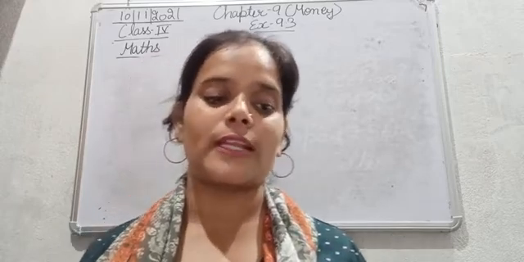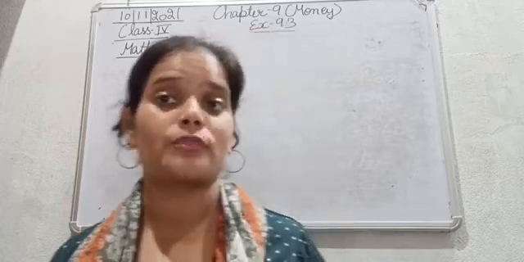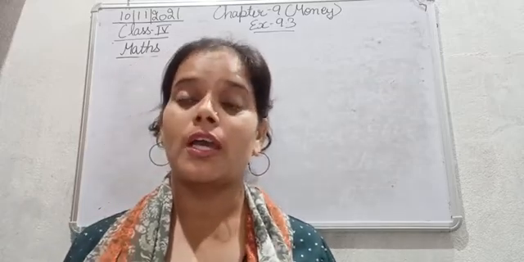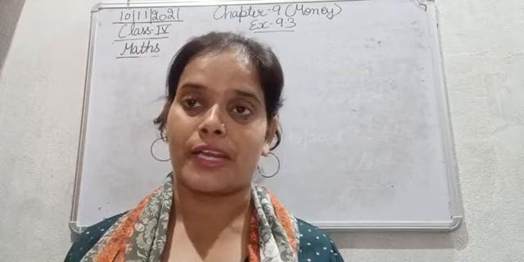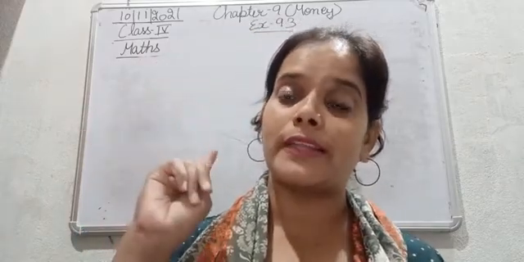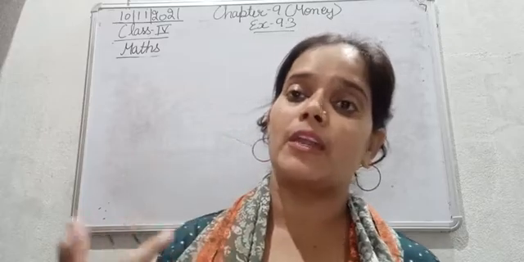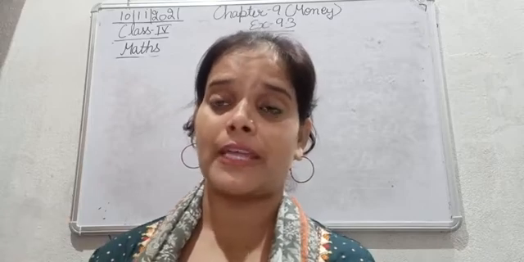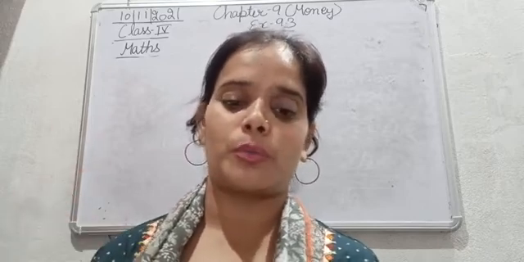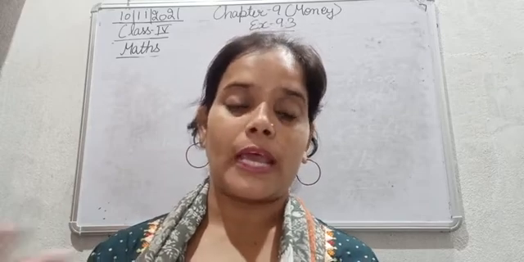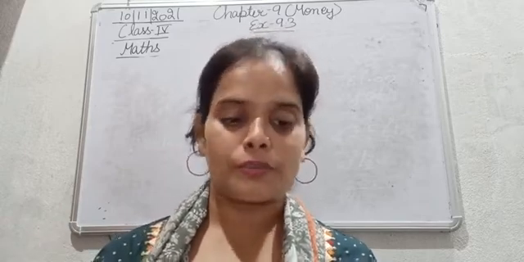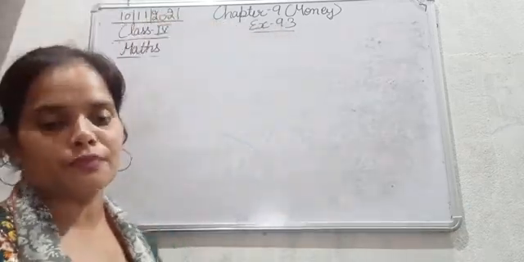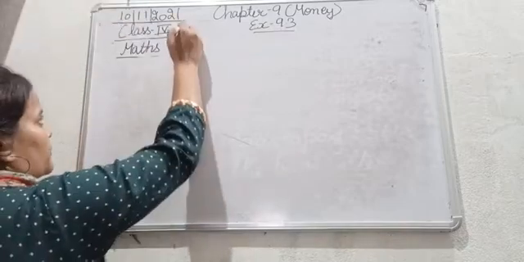That means the cost of 4 pairs of shoes is given and we need to find the cost of 3. For that, first of all we need to find the cost of 1. Then from there we can find the cost of 3 pairs of shoes. After that, Rajni paid one 2000 rupee note and two 500 rupee notes to the shopkeeper, and we need to find how much more money she needs to pay. So first we will find the cost of 3 pairs of shoes. So likhiye, cost of 4 pairs of shoes, question number 15.